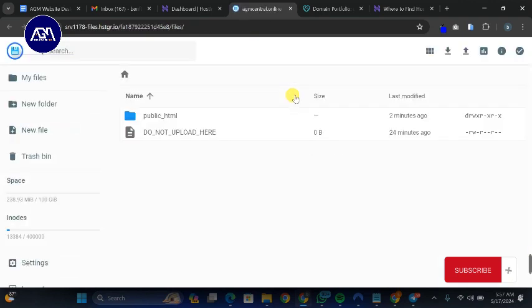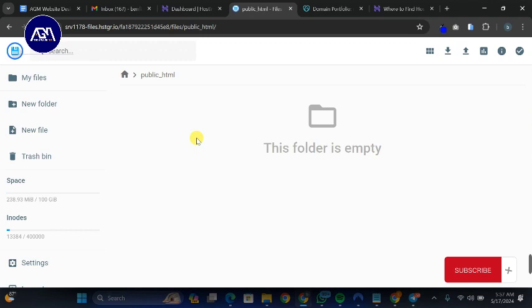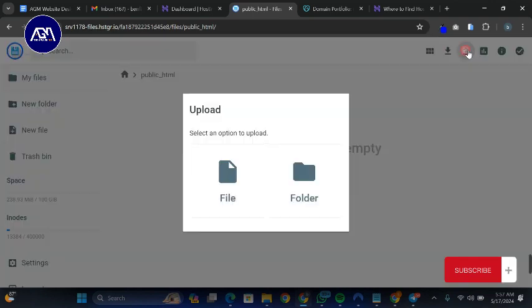So after you clicked on File Manager, it's going to redirect you to this particular page. Now, what you want to do is this part that says public underscore HTML, you want to make sure that this particular folder is empty. That's if you're installing it on just the domain directly. And you want to make sure you come to this part, this arrow that is facing up, click on it,